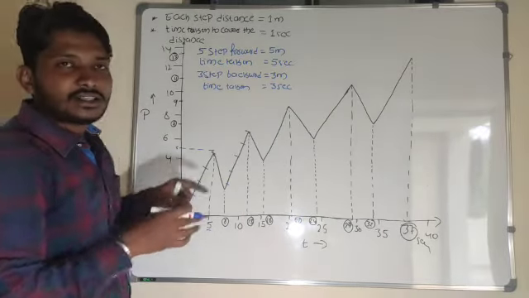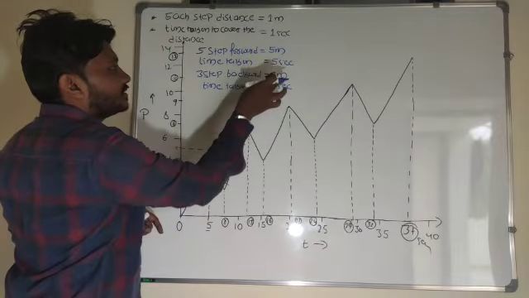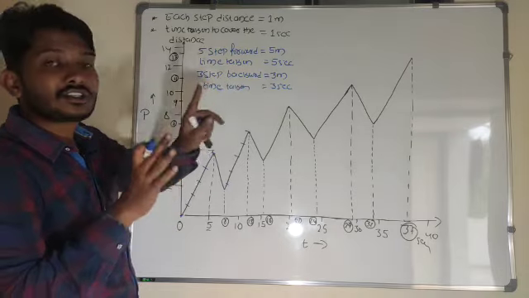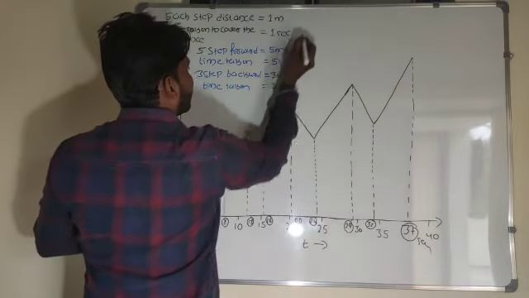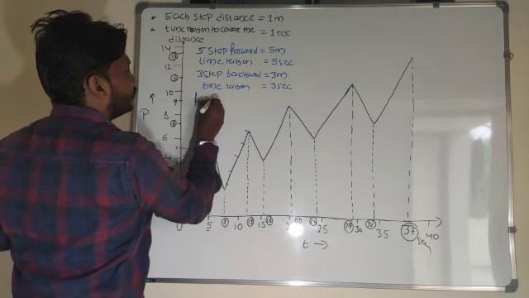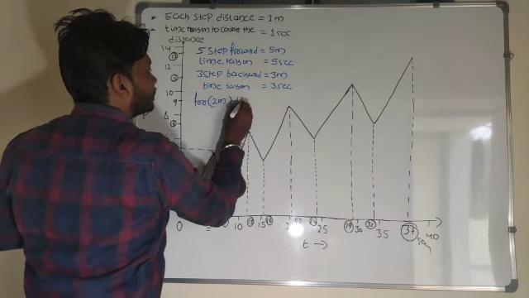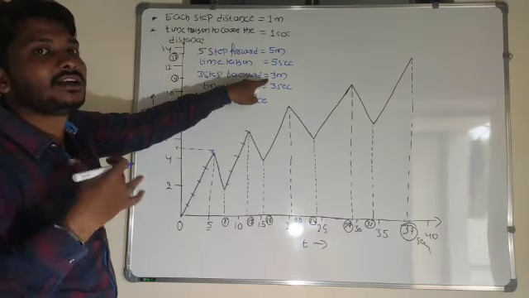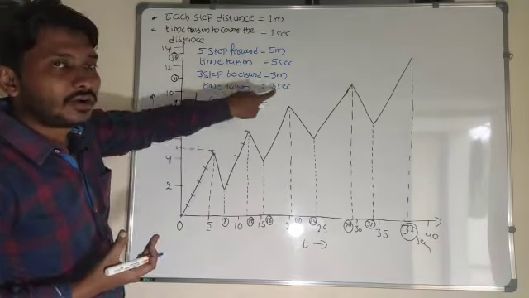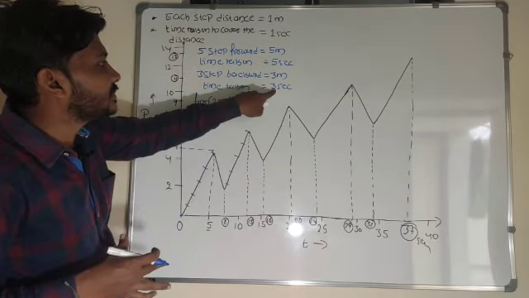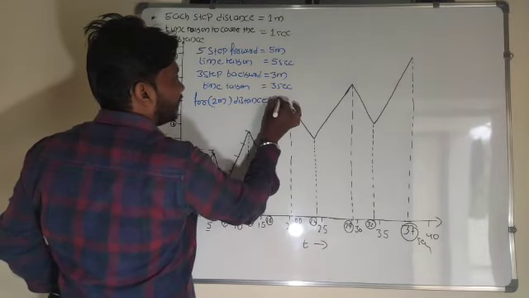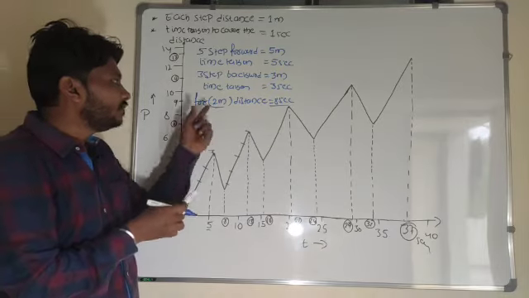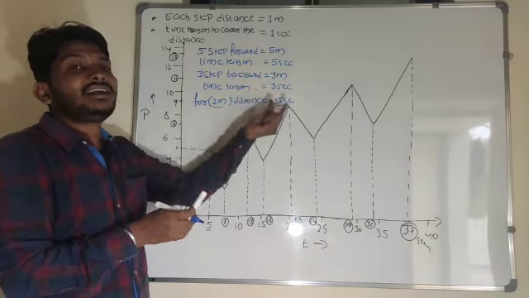So look at here. What's the displacement here? 5 meter minus 3 meter. So in that situation, the distance traveled by the body is 2 meter only here. So distance traveled is what? 5 meter minus 3 meter. Distance traveled will be 2 meter here. For covering 2 meter, what will be the time taken? 5 seconds plus 3 seconds, so that is 8 seconds here. So I got that mathematical value. For covering 2 meter, he will take 8 seconds of time.